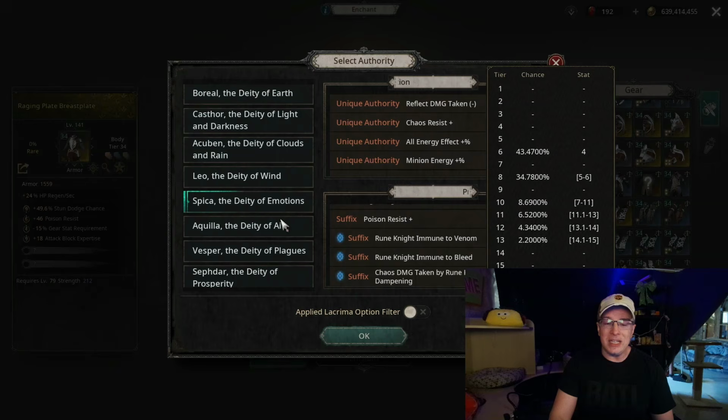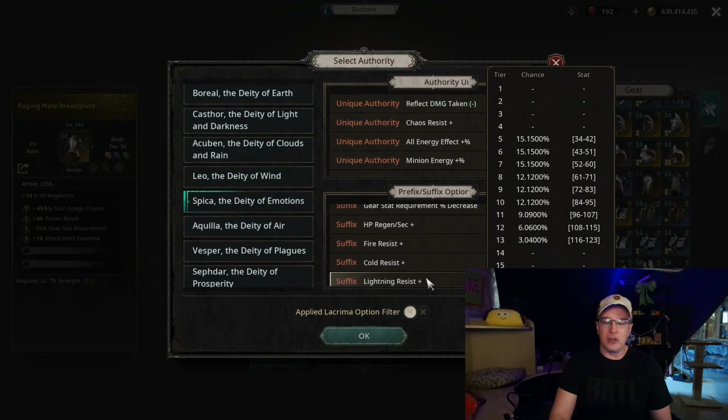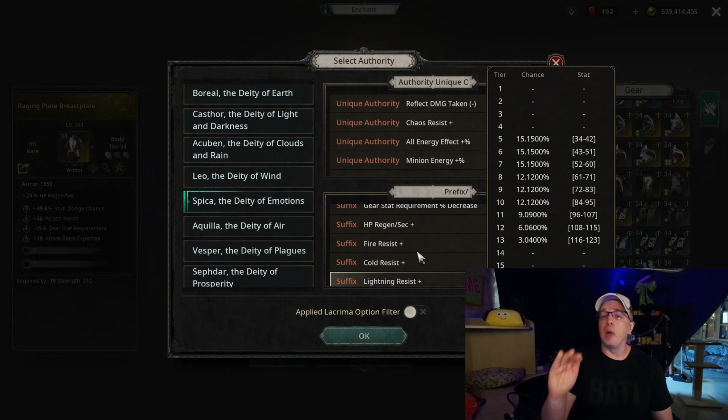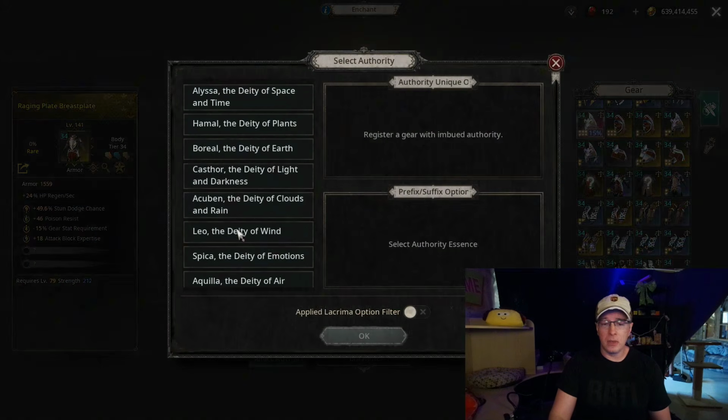The other nice thing about chess pieces, the resistance values on the suffixes are huge. If you look here at max level, we get 123 lightning resist. So we're not going to worry about trying to get anything in terms of offense from this piece right now. Later on, we can go nuts with this thing. We can get all kinds of damage out of this thing. But right now, all we want is base level stuff. So we're going to use the Spica Authority. Boop,